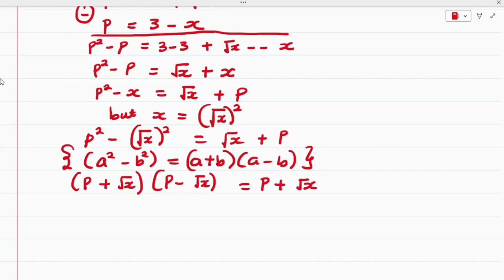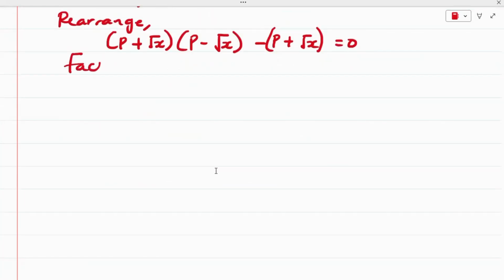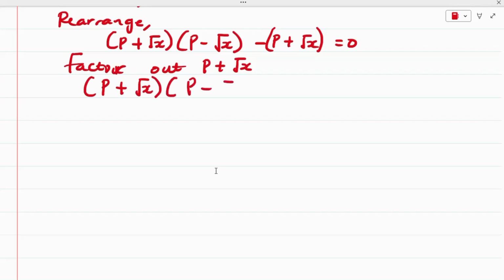So the next thing we want to do is rearrange this equation and set it to 0. So we have p plus the root of x multiplied by p minus the square root of x, minus p plus the root of x, and this is equal to 0. All of this is in the bracket. From here we want to factor out the common term, and the common term is p plus the root of x. If we factor this out, we have p minus the square root of x minus 1, and this is equal to 0. So from here we have that p plus the square root of x is equal to 0,